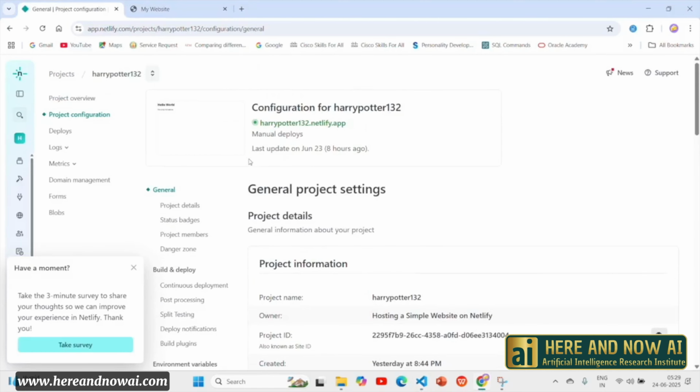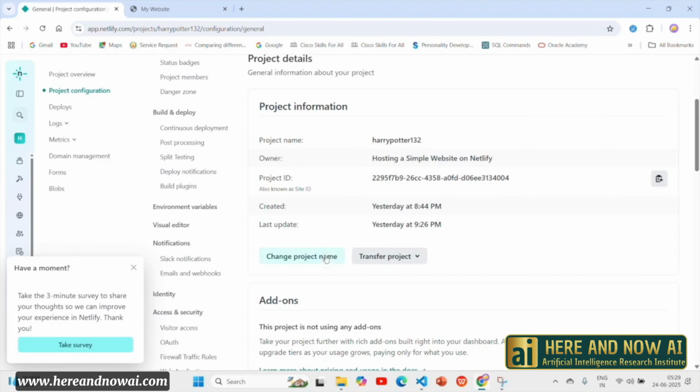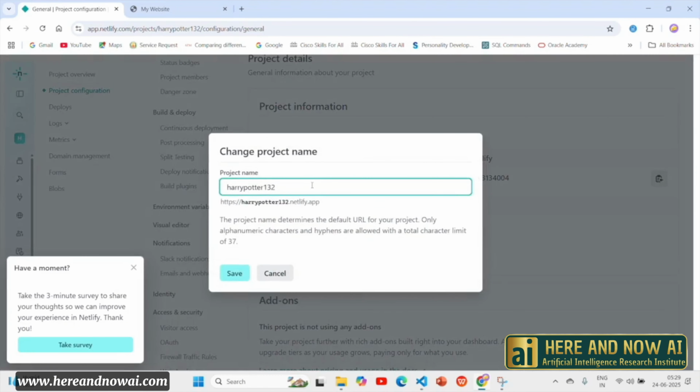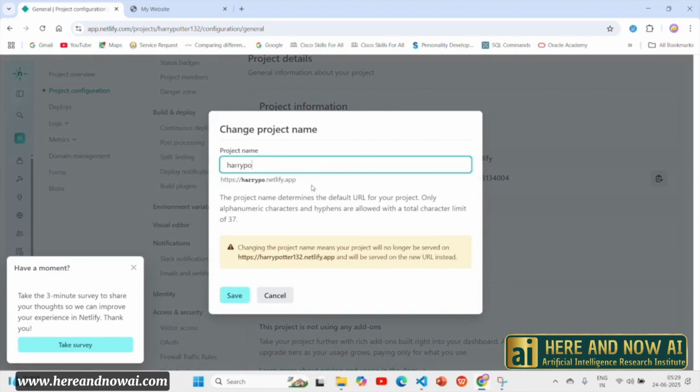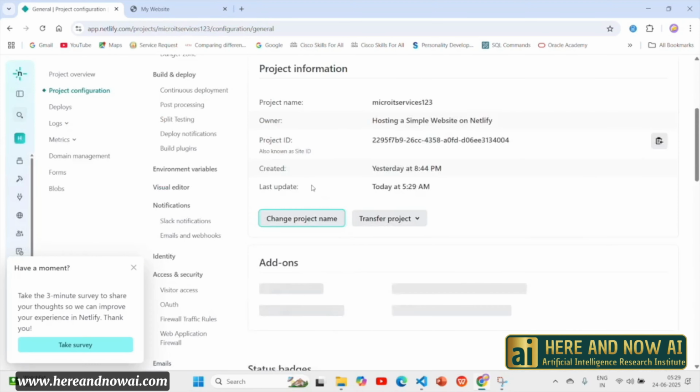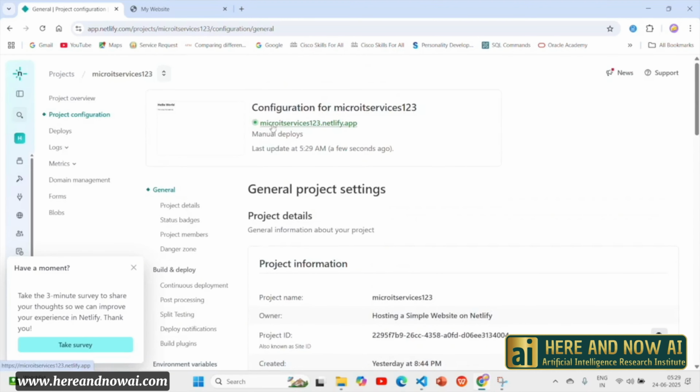So now I'll be showing how to change the project name from the old one to your choice. Scroll down, you have an option, change project name. If you're not okay with the current project name, you can just change it. For that, click onto it and type a name of your choice. Only the available project names are selected and accepted. Here I am giving my project name as Microit Services 123. Once it is approved and selected, then I am again opening it and getting the same output.